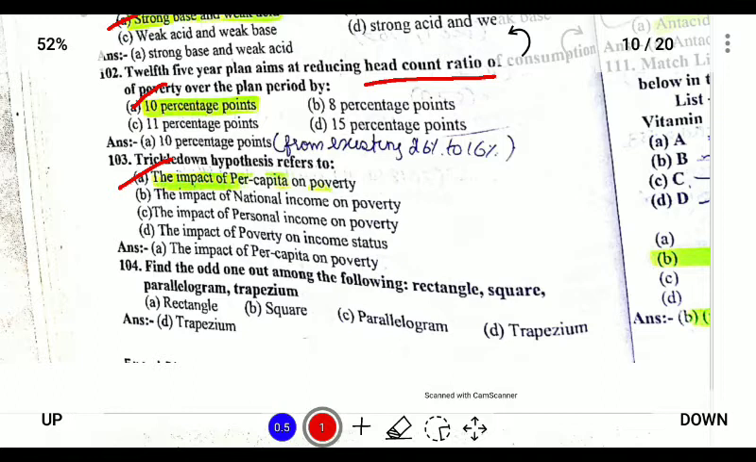Rectangle, square, parallelogram, and trapezium. All the figures are part of the parallelogram family, that is four sides with parallel opposite sides, except for trapezium. Except for trapezium, no sides are parallel to each other. Next,